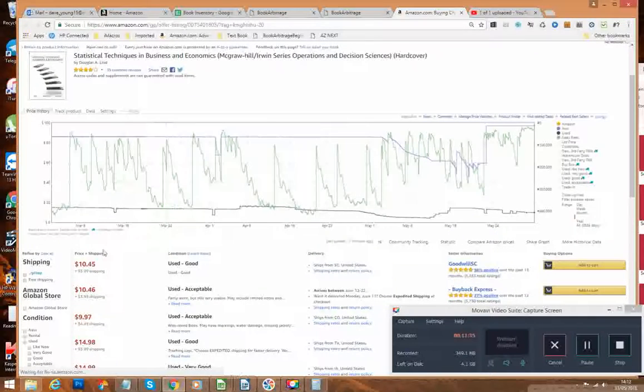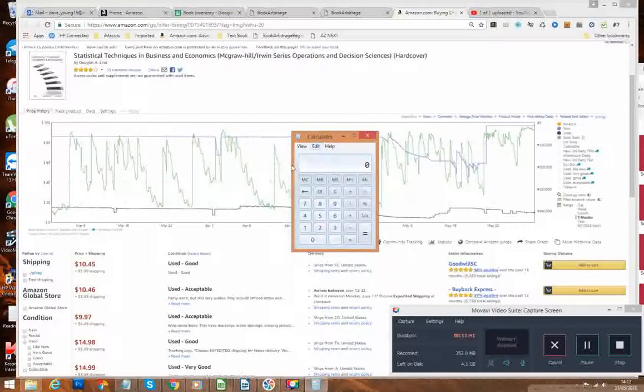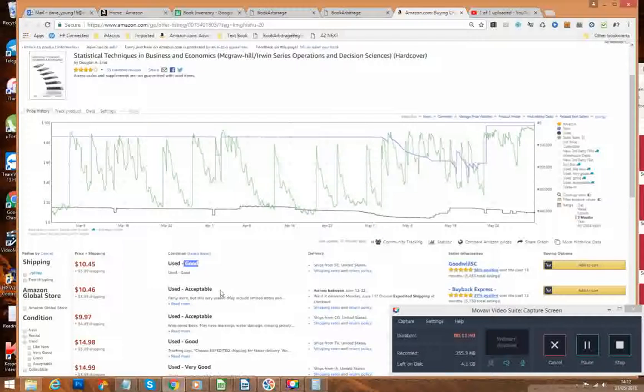So it's a good price. It's $10.45 and $3.99 shipping, so it's right in our sweet spot of what we're looking for. Usually if you find a cheap price at the top compared to the rest of them, you know that it's going to put you in good stead. It's a good book as well, because obviously we ignore the acceptables. If it's very good,